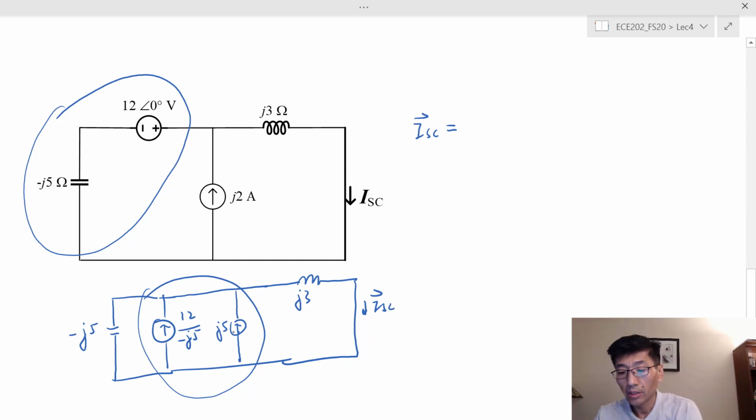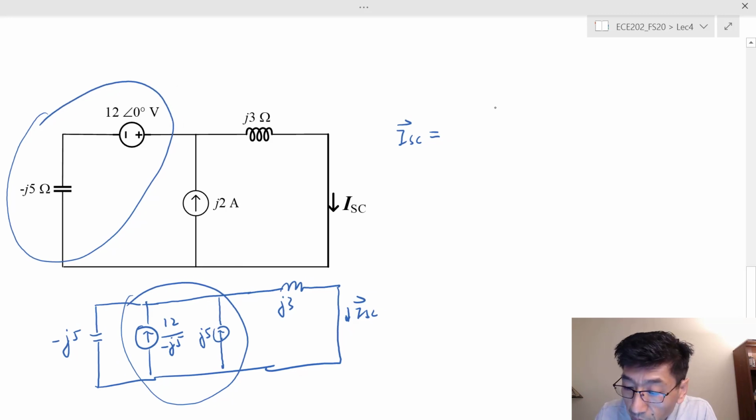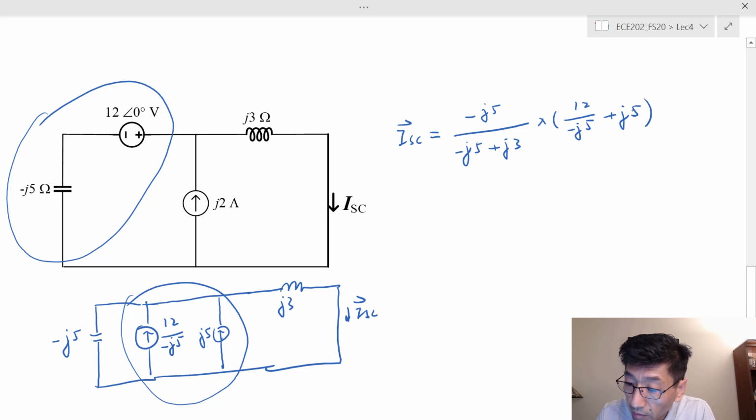Now I can use the current division, and so ISC would be the impedance. This we use the other impedance. Remember, we use the other impedance divided by the sum of the impedances, which is negative J5 plus J3. And in this case, multiply the total current, which is 12 over negative J5 plus J5. Right. So let's see what this short circuit current is. This short circuit current is